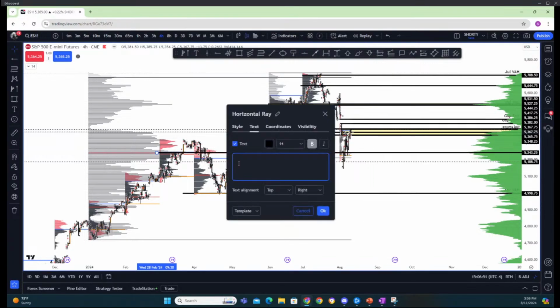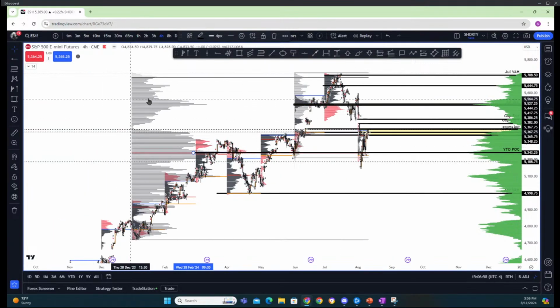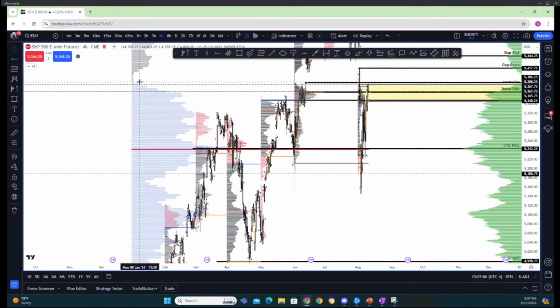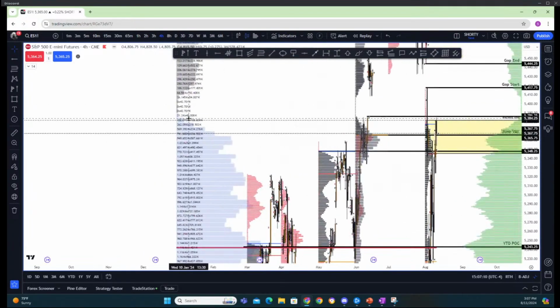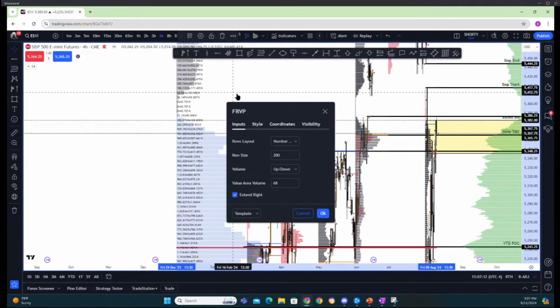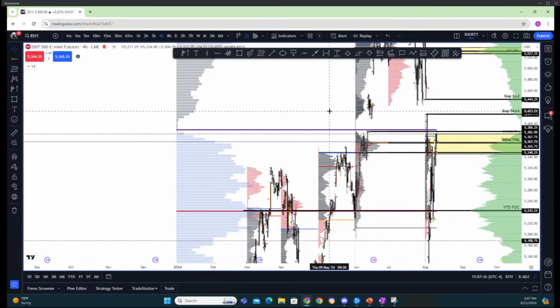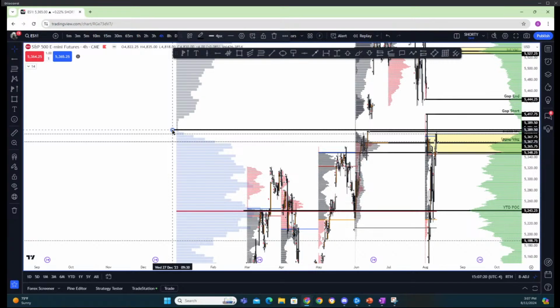It's sitting right here, right? So my year to date POC is sitting in this section here. Let me make sure that this is 68 because it looks a little off. And my year to date value area high, for me, it's sitting right here. Let's just enable this so I can match it. So year to date value area high for me is right here at